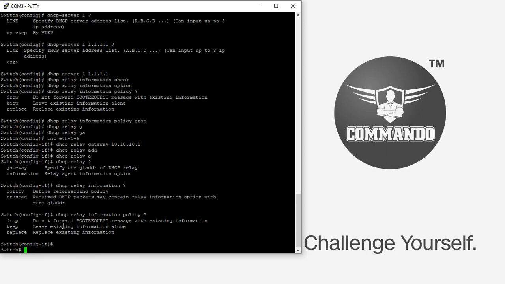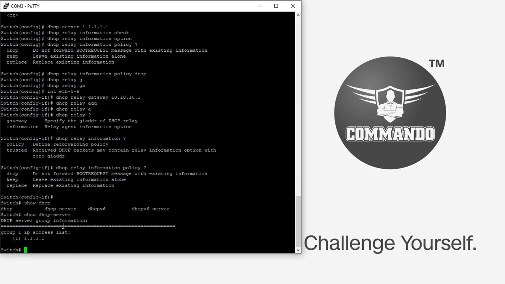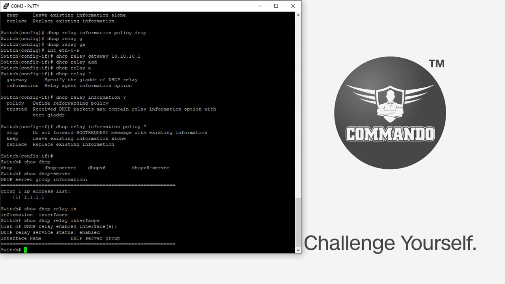Show DHCP server is the major show command, which will show the DHCP server group information, and we can have show DHCP relay interfaces also, or information, we will see the relay information in that. So this way we can configure the DHCP